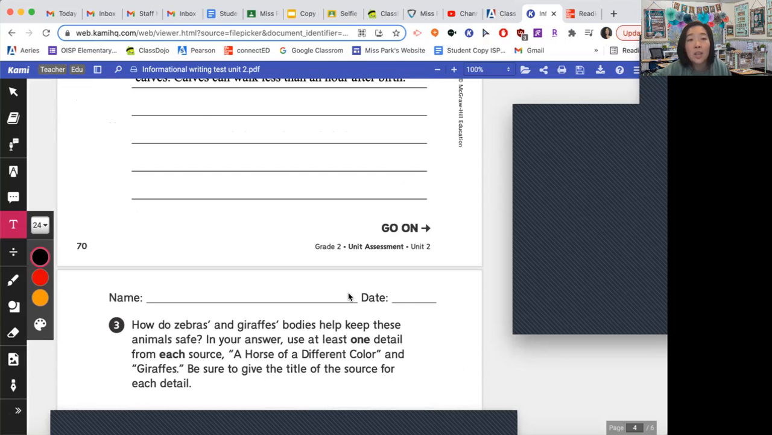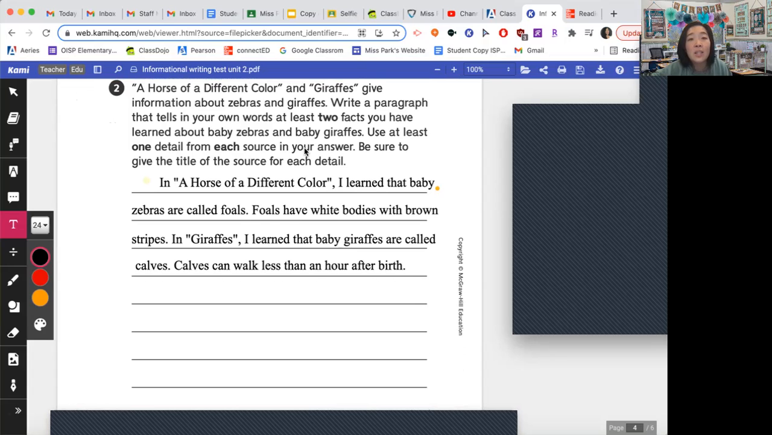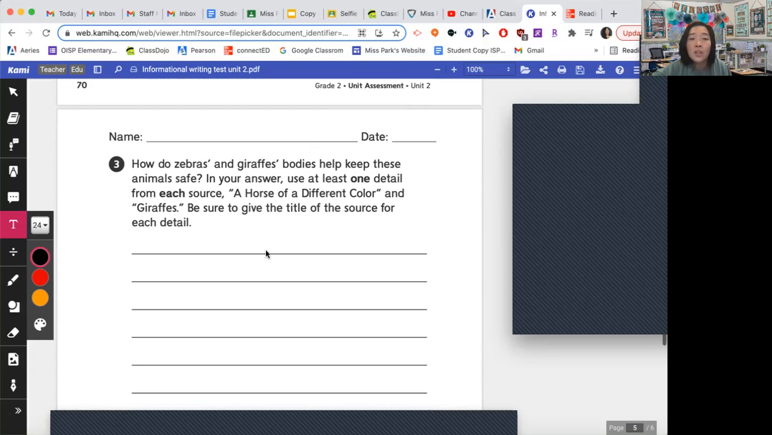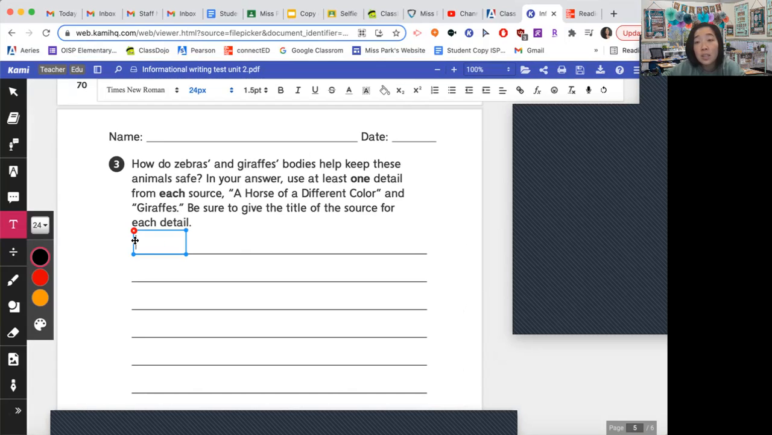Now, this one does not say a paragraph. The other one says write a paragraph. This one doesn't. So I'm just going to write 2 sentences, okay? So because I'm writing 2 sentences and not a paragraph, I'm not going to indent, okay? So in A Horse of a Different Color, because it tells us to write the title,